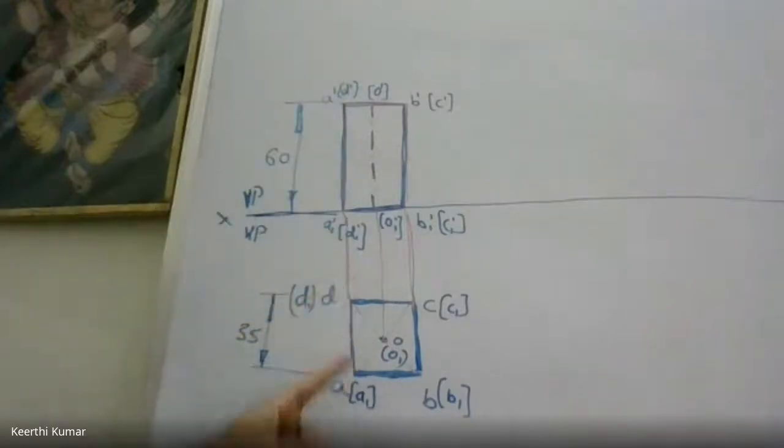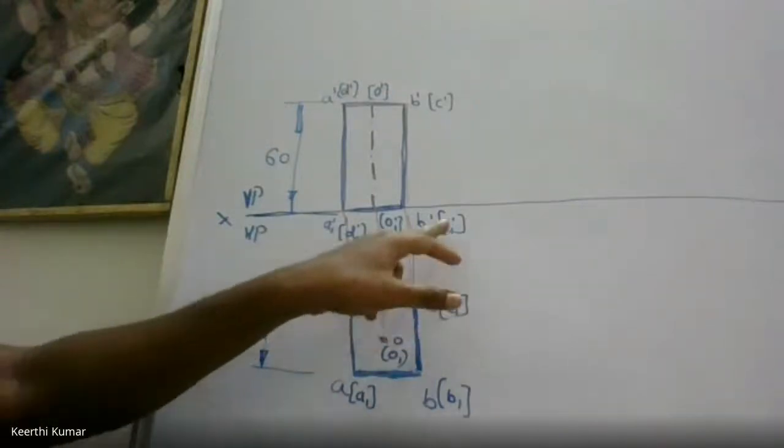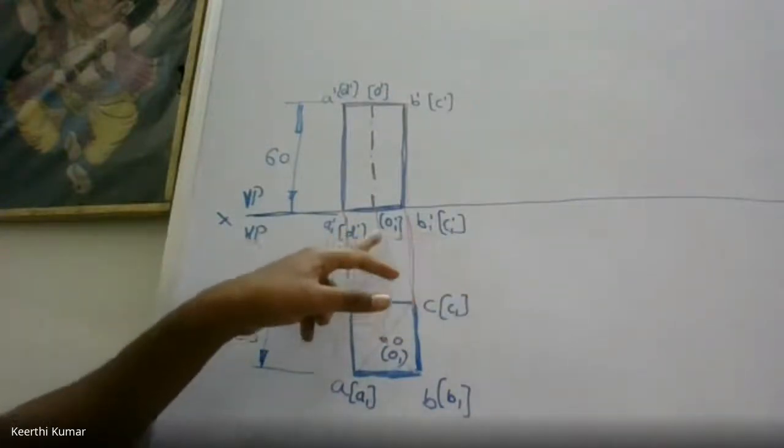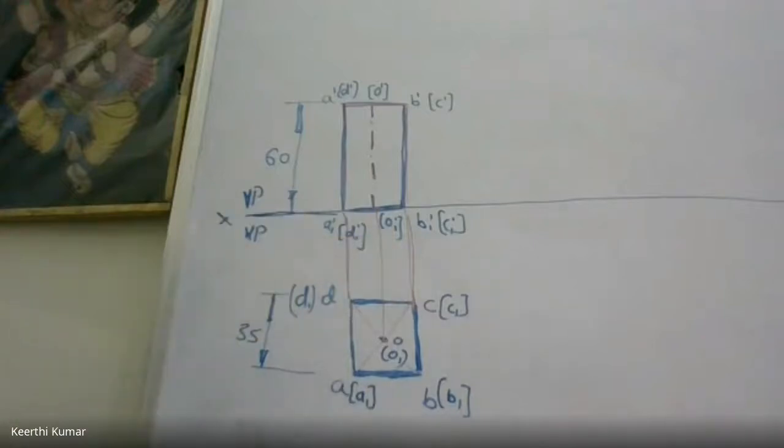Similarly, coming to the base. Now forget about ABCD, concentrate on A1, B1, C1. If I see from here, A1 is at the base, so A1 I can see, B1 I can see, C1 I cannot see, D1 I cannot see, O1 I cannot see. Clear? If anybody has doubts, please ask me or else I will proceed. Please copy till here and let me know, sir, it is done.